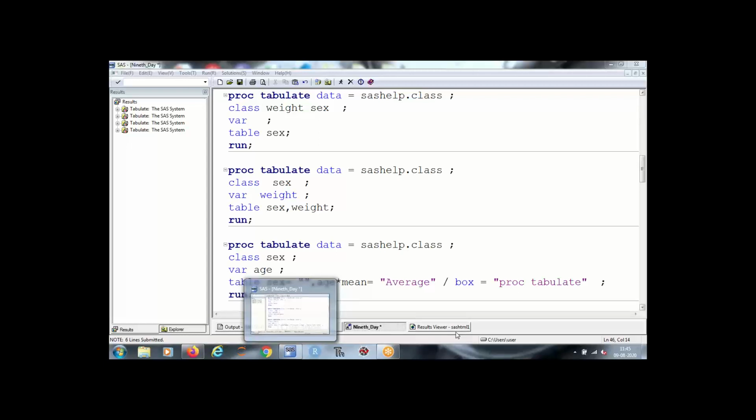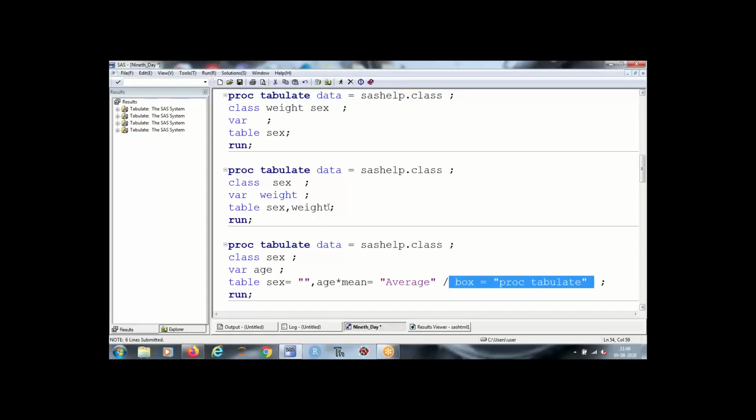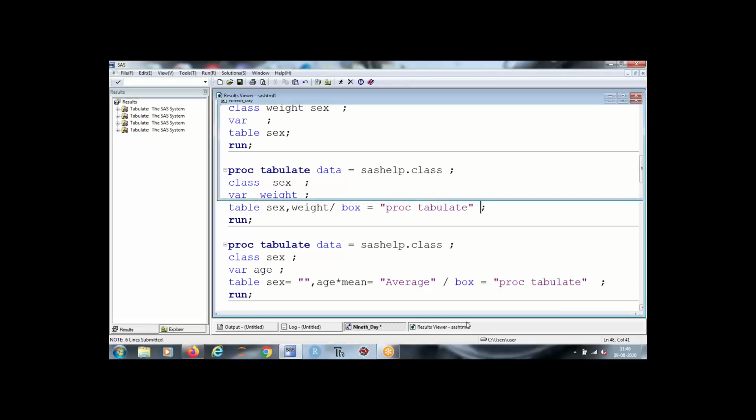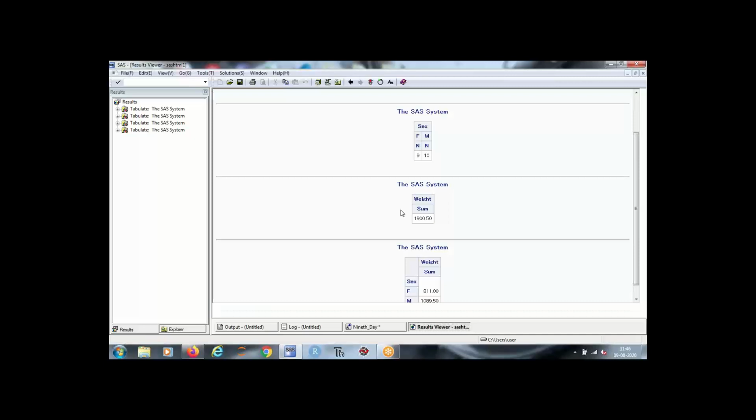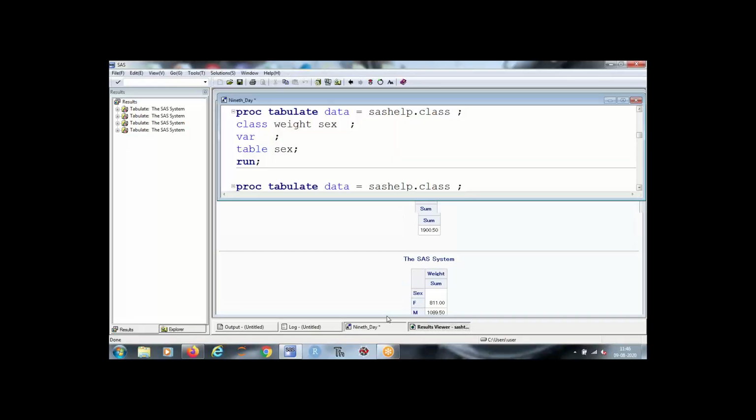So I can fill this box by using the BOX= option, like this.